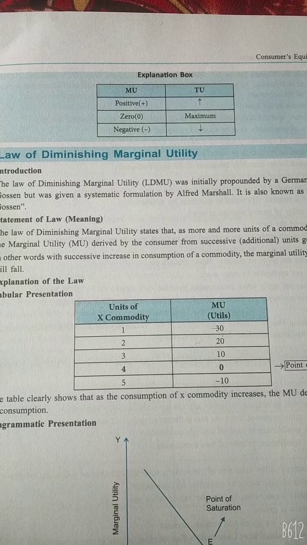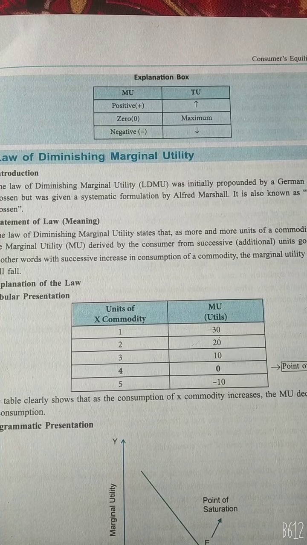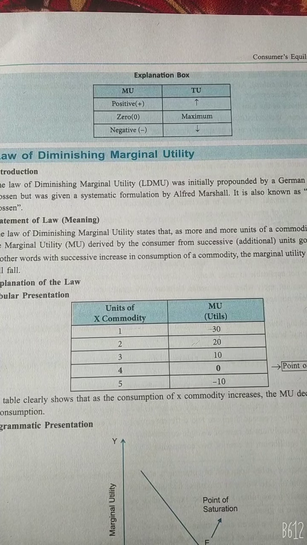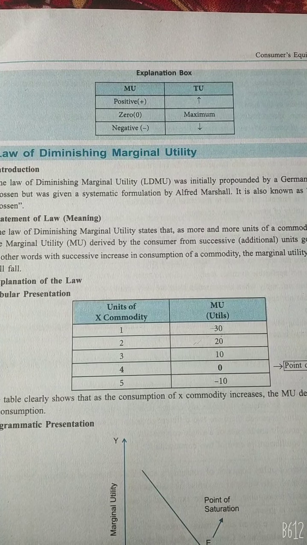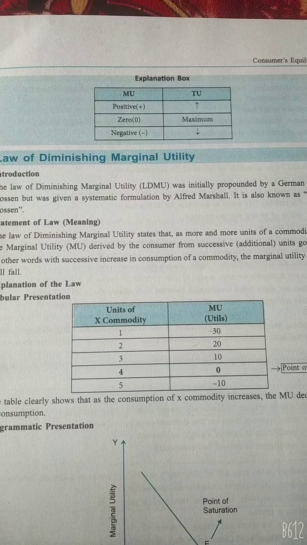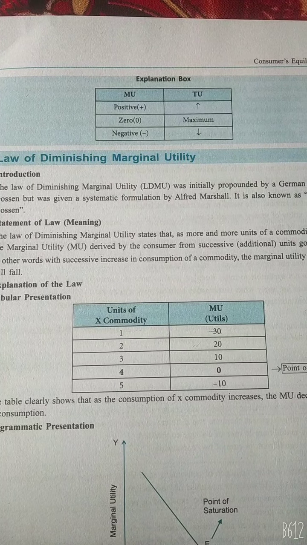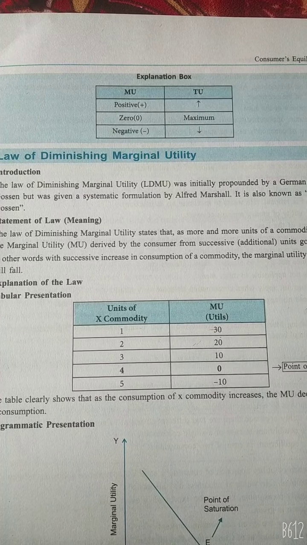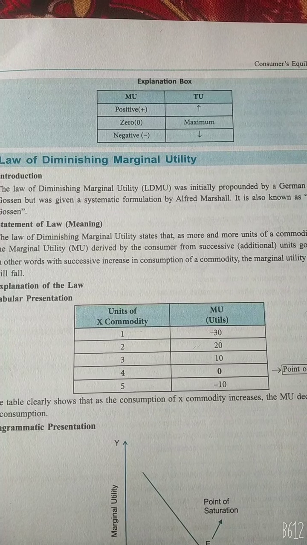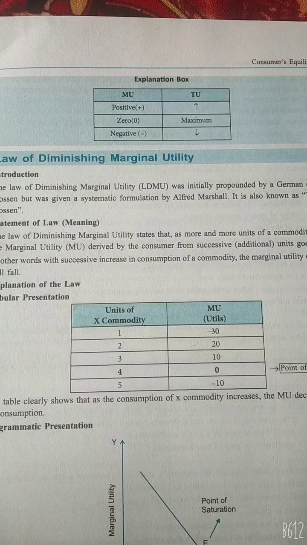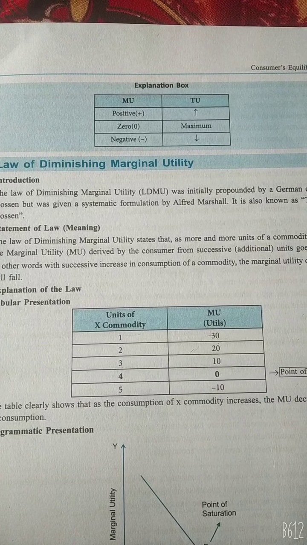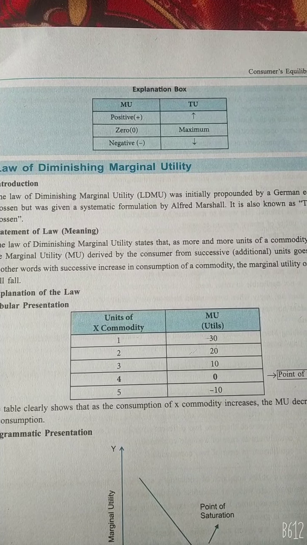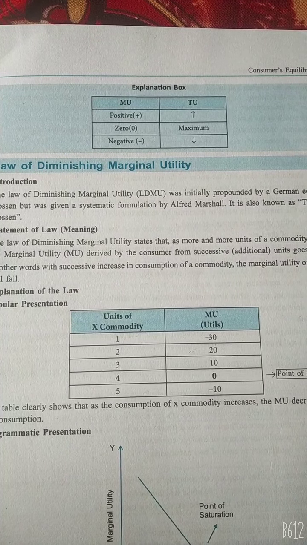The first unit of banana gives him 8 utils of utility. Now marginal utility starts to diminish with the consumption of every successive unit of banana. So the consumer gets 6, 4, 2 as marginal utility from the consumption of the second, third and fourth units of bananas. When he consumes the fifth unit of banana, it does not give any additional utility to him because it is a point of satiety for him. Hence the marginal utility of the fifth unit of banana becomes 0.